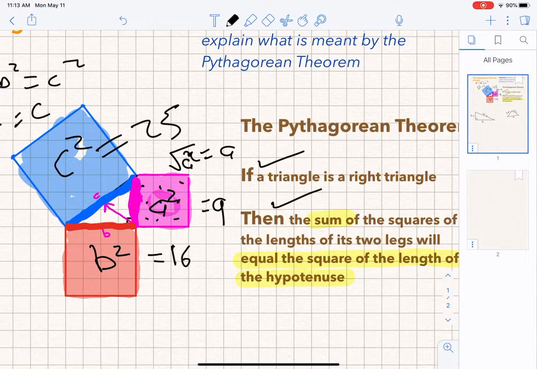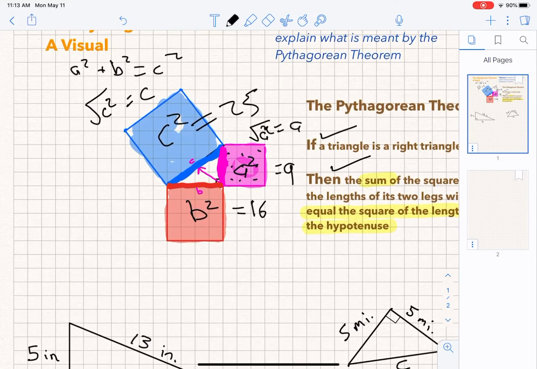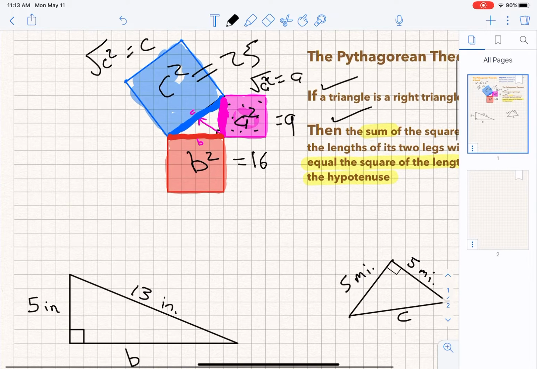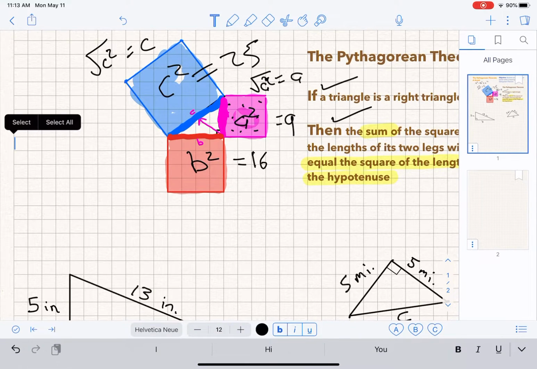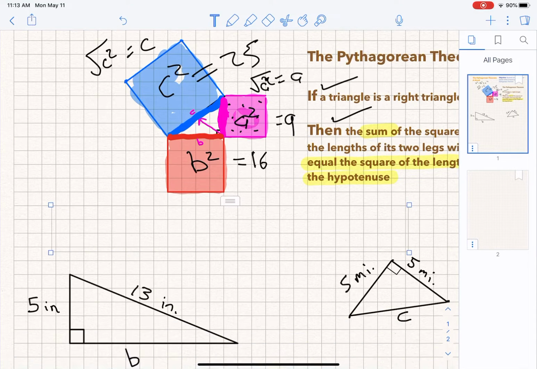Okay, Bridge students, here we have the second in our series of videos on the Pythagorean Theorem. In the last one, I showed you a visual of what the Pythagorean Theorem means in geometric terms. Here, the objective is a little bit more narrow. It's that you're going to be able to apply the Pythagorean Theorem to find the side length of a right